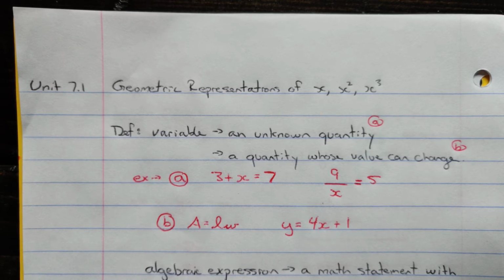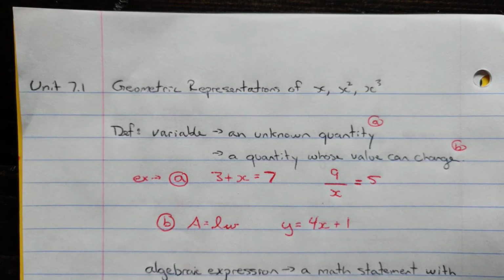And here you see in the area equals length times width, the variables don't have to be x. They can be other letters. So we have area equals L times W, length times width. And so this is where we see the values can change. The area changes with the length and width. If the length is 5 and the width is 6, the area is 30. So A becomes 30. But if the length is 7 and the width is 8, then the area becomes 56. So there is a variable